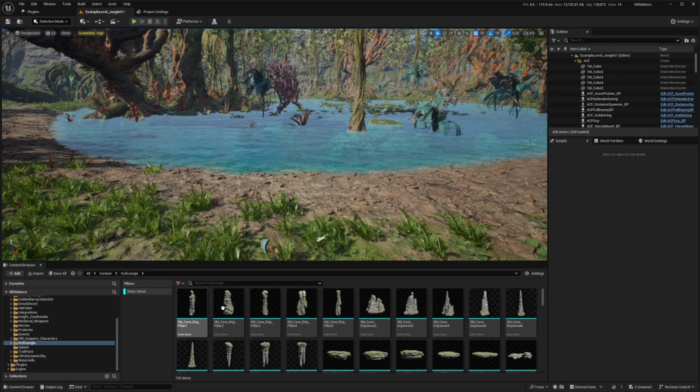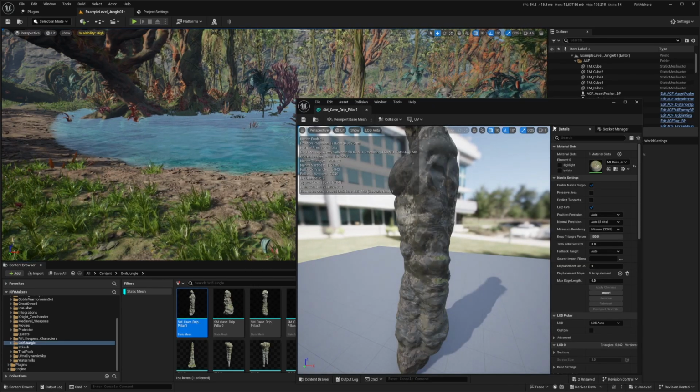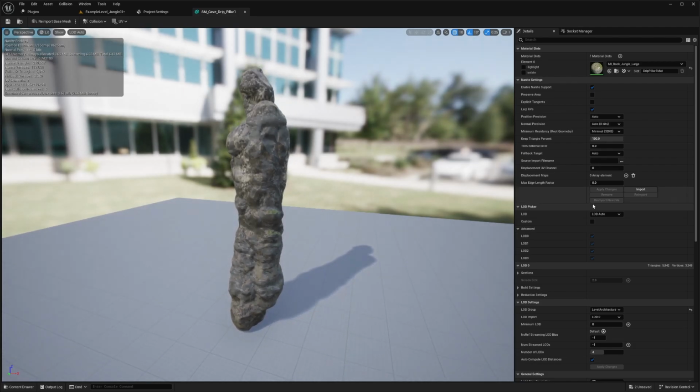So first thing we're going to check out is our HLOD levels, which stands for Hierarchical Level of Detail. It's a system in Unreal Engine designed to optimize rendering performance by grouping multiple objects in the scene into simplified clusters. As you can see, this static mesh actually comes with multiple levels of LOD, or level of